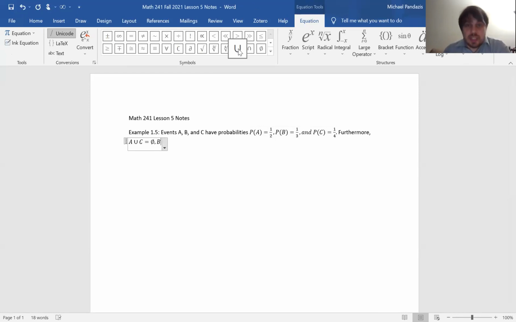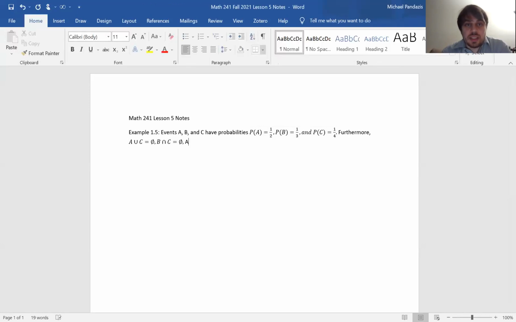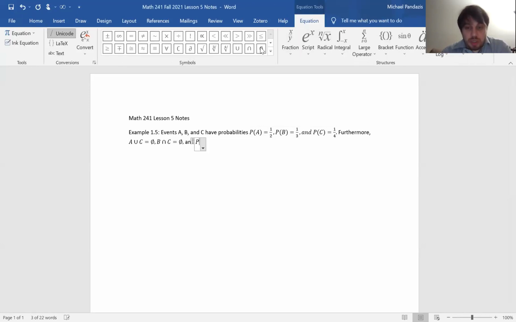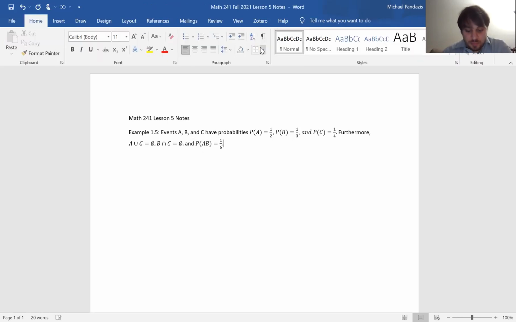B intersection C is equal to the empty set. And the probability of A and B, written AB, is equal to 1/6. Okay, and so the goal is going to be to find